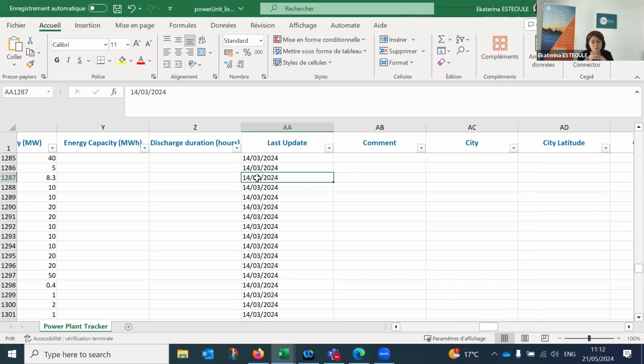And here I think it's a good point to stop and explain how we produce these updates. In fact, there are two ways to compile the power plant tracker. The first one comes through the specific search of the news that we receive on a daily basis. We double check it, and once the news is confirmed and it relates to a specific unit or plant, we put this information directly into the database. And as previously shown at the very start of this presentation, it will appear on your home page which units or plants have been very recently updated.